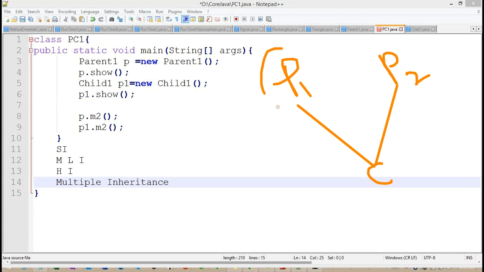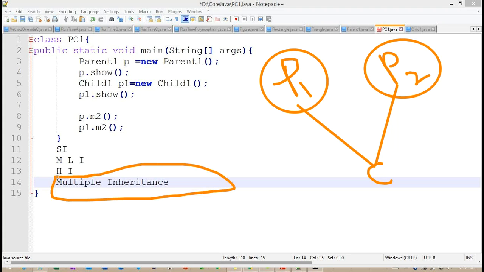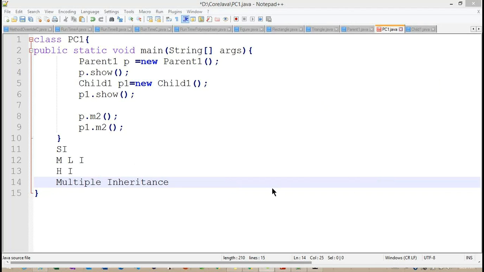Now we'll have a simple example here. We'll create parent classes, parent 1 and parent 2, and we'll copy into the child class here. Whether this is going to be supported in classes or not, we need to understand here. Basically, it will not support classes. It will support the multiple inheritance concept for interfaces here. So why is it not going to support it? Why will it not support the classes section? We need to understand here. So let me create a simple example on this particular multiple inheritance here.